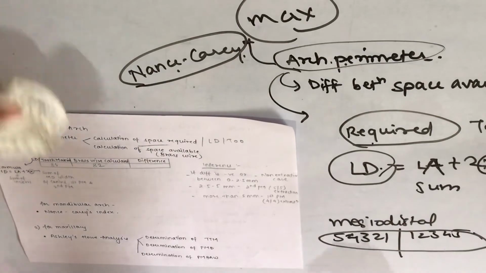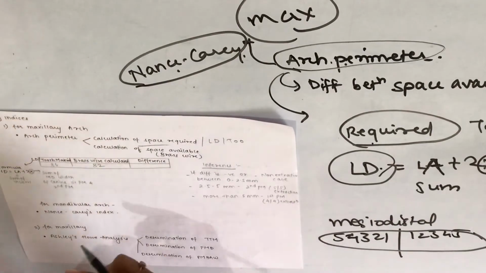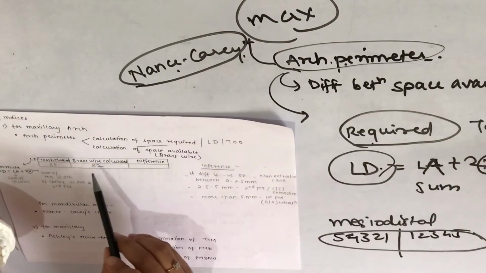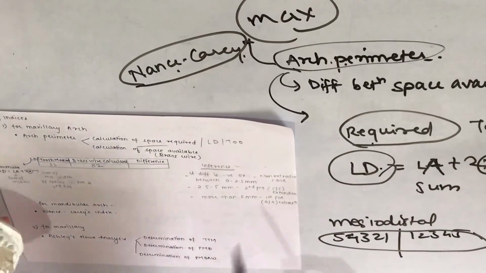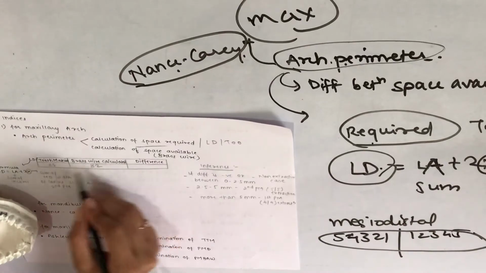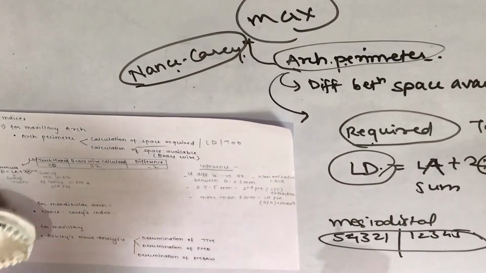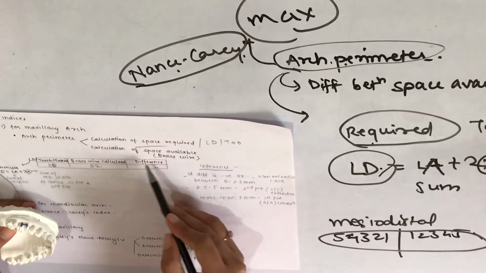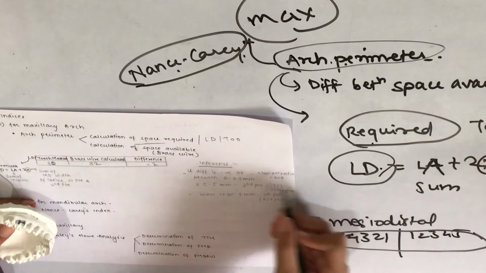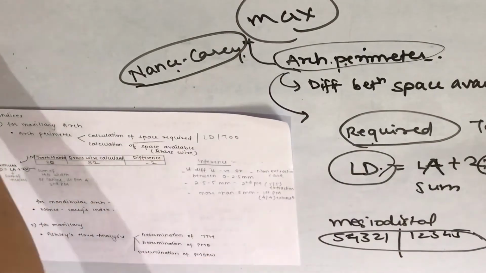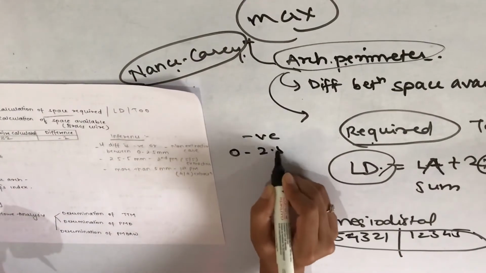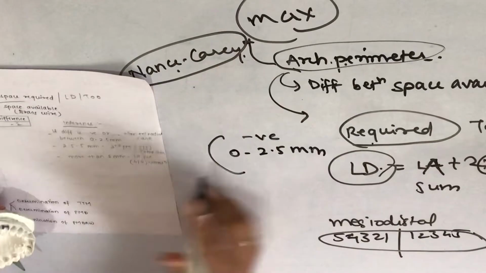So now basically the space which is available in the arch is 82 and the space which we require is 80. So over here the space which is available is more than the space which we require. So for the inference, you have to just see the difference. The difference is nothing but you're just going to subtract it. 80 minus 82 is minus 2. So in the inference, if your difference is coming negative or it is between 0 to 2.5,